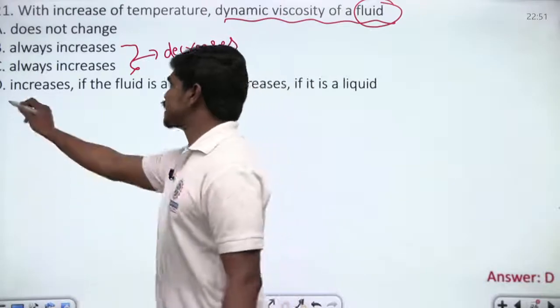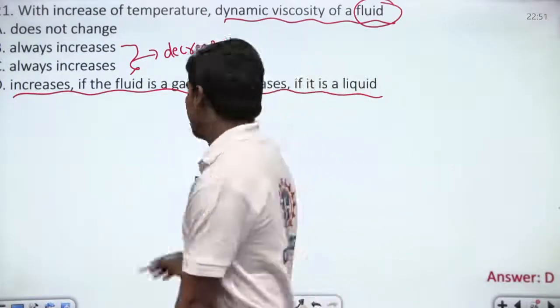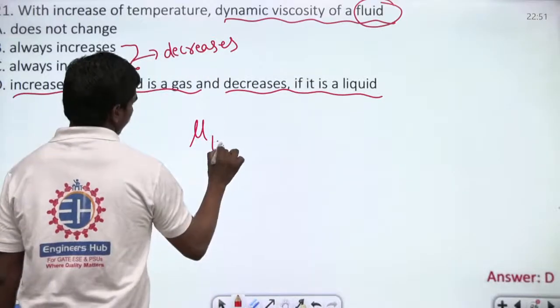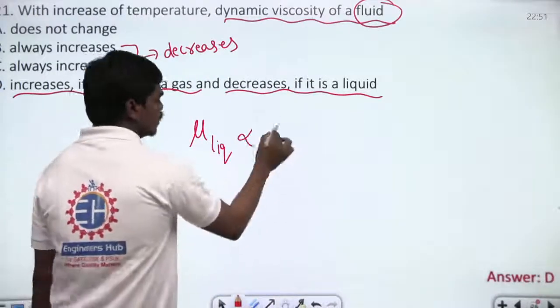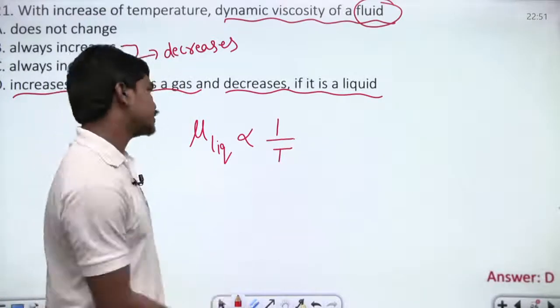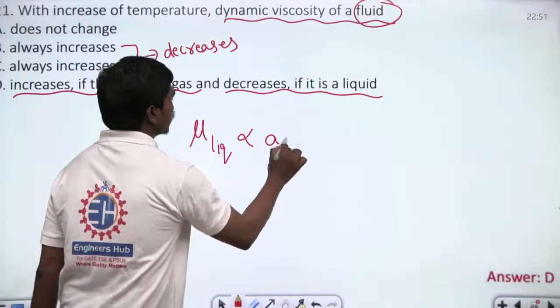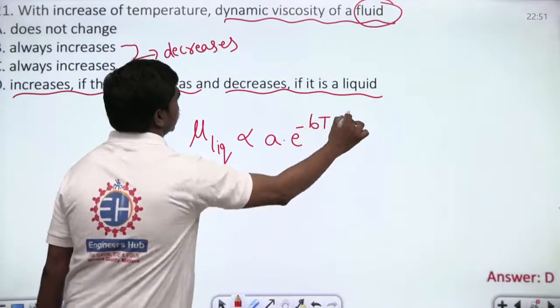So it increases if the fluid is a gas and decreases if it is a liquid. This is correct because we have seen that mu of a liquid is inversely proportional to temperature. Correct? This is what we have seen. So as temperature increases, the dynamic viscosity of the liquid decreases. And of course, this is not exactly like this. It's something like exponential, roughly exponential,